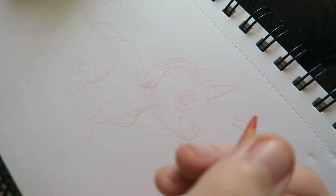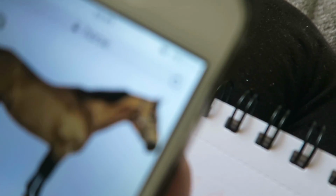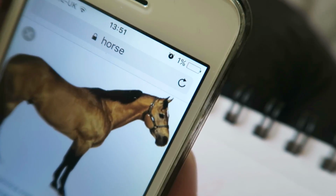Want to know something that's making me feel unsettled though? Take a little look up there, guys. Oh, it's only tiny. I'll have to zoom in on it. It's such a baby little mouth. There he is. Look at this cutie. I'm trying to quickly sketch out a unicorn, and look at what my phone battery's on this reference. Can you guys see that? 1%. So this is not gonna last too long. And I have no idea what I'm doing for the horse's body, but I have like 2 seconds to figure it out. So this unicorn that I'm sketching out...